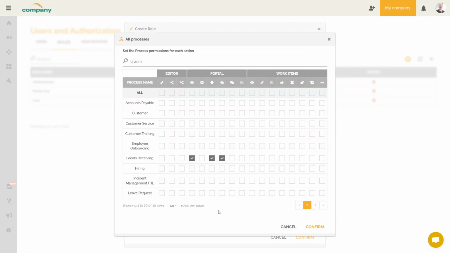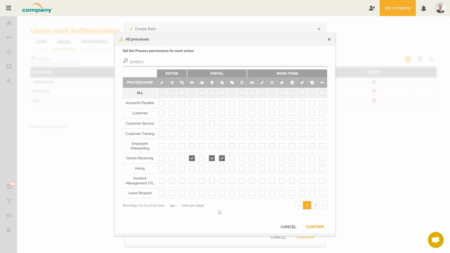I want this role to give access only to the process portal. I don't want users with this role to be able to access the workspace nor the process editor. I want users in this role to only be able to view and download process documentation related to the supply chain. I also want them to be able to download attachments from these processes. I don't want them to be able to write comments.